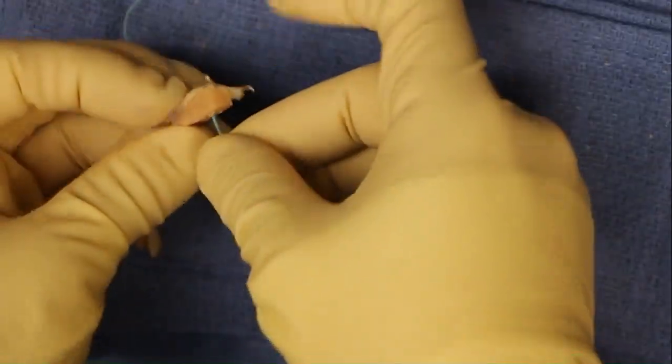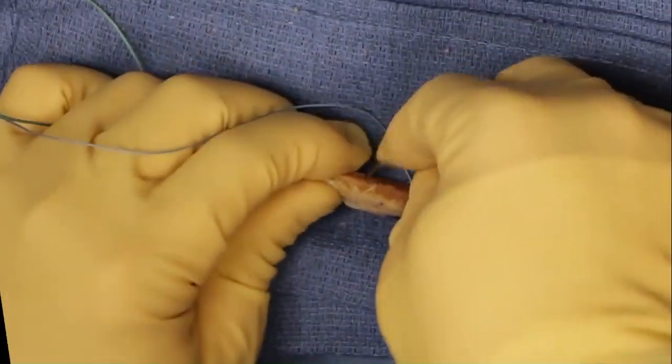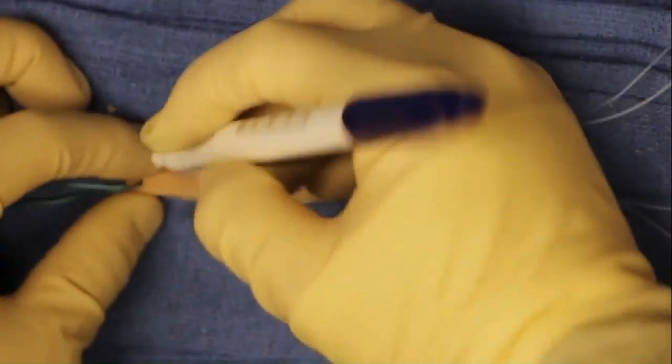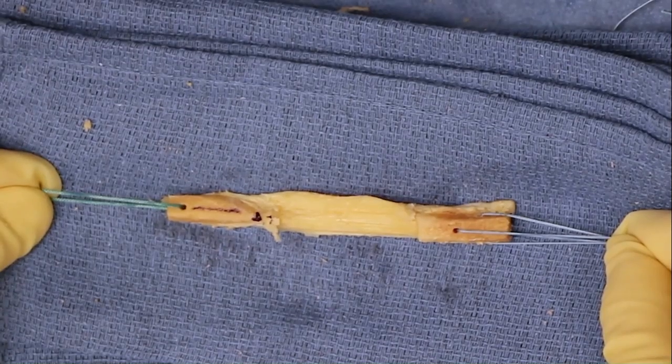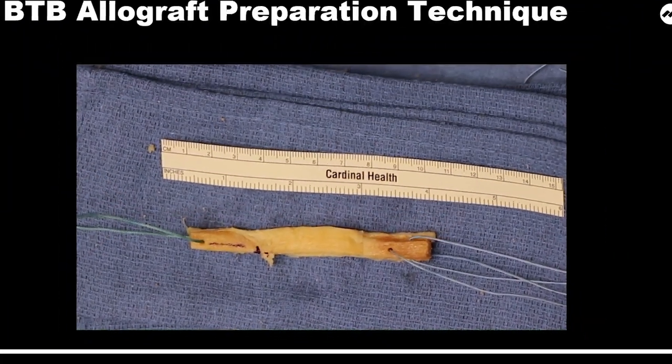A number 5 ethibond suture is passed through the patellar hole, and number 2 fiber wire suture is passed through each tibial-sided hole. These sutures allow for facilitated graft passage and tensioning. The bone plugs are marked to delineate the bone and soft tissue interfaces, marking the bony surface to face anterior in the femoral tunnel. The graft is laid out and placed in warm saline until arthroscopic or intra-articular preparation is